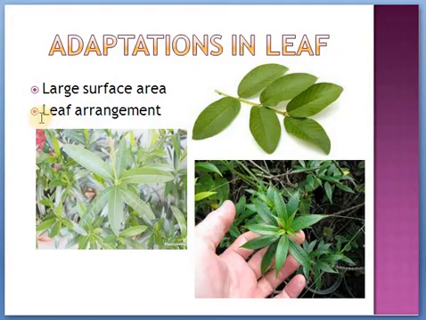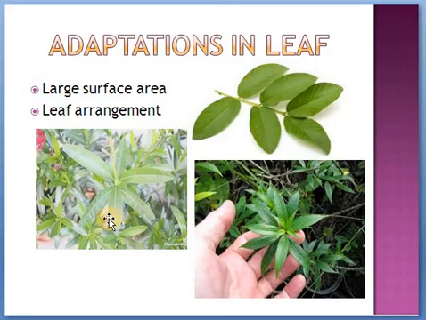And then the second point is leaf arrangement. It is very natural and so surprising to see. All the plants have to do photosynthesis in a better way, and no leaf will hide the other leaf. All the leaves will be showing their surfaces. This is a guava leaf, Psidium guajava. You can see that the guava leaves will be showing all the leaves to the outer atmosphere, to the sunlight, so that they can get more sunlight.